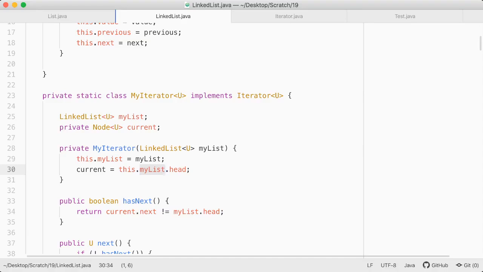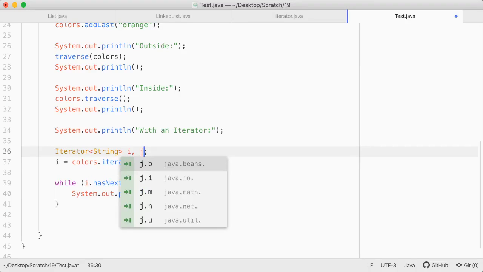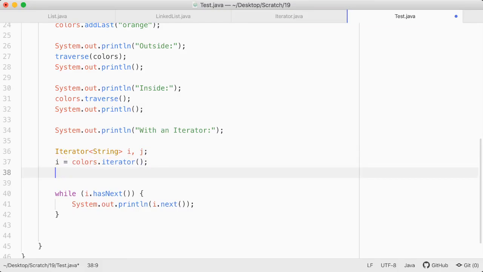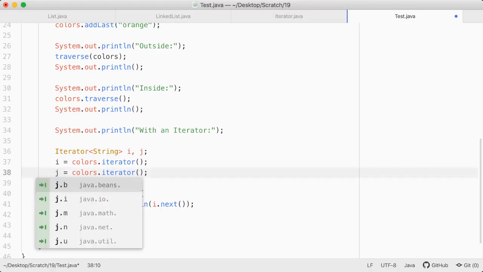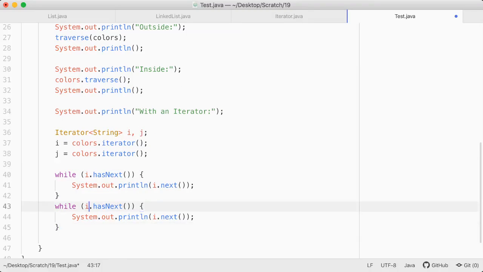That works. We just need to call the method iterator. So here, if I wanted 2 iterators, I and j, I just need 2 calls, and we could traverse the list twice here,